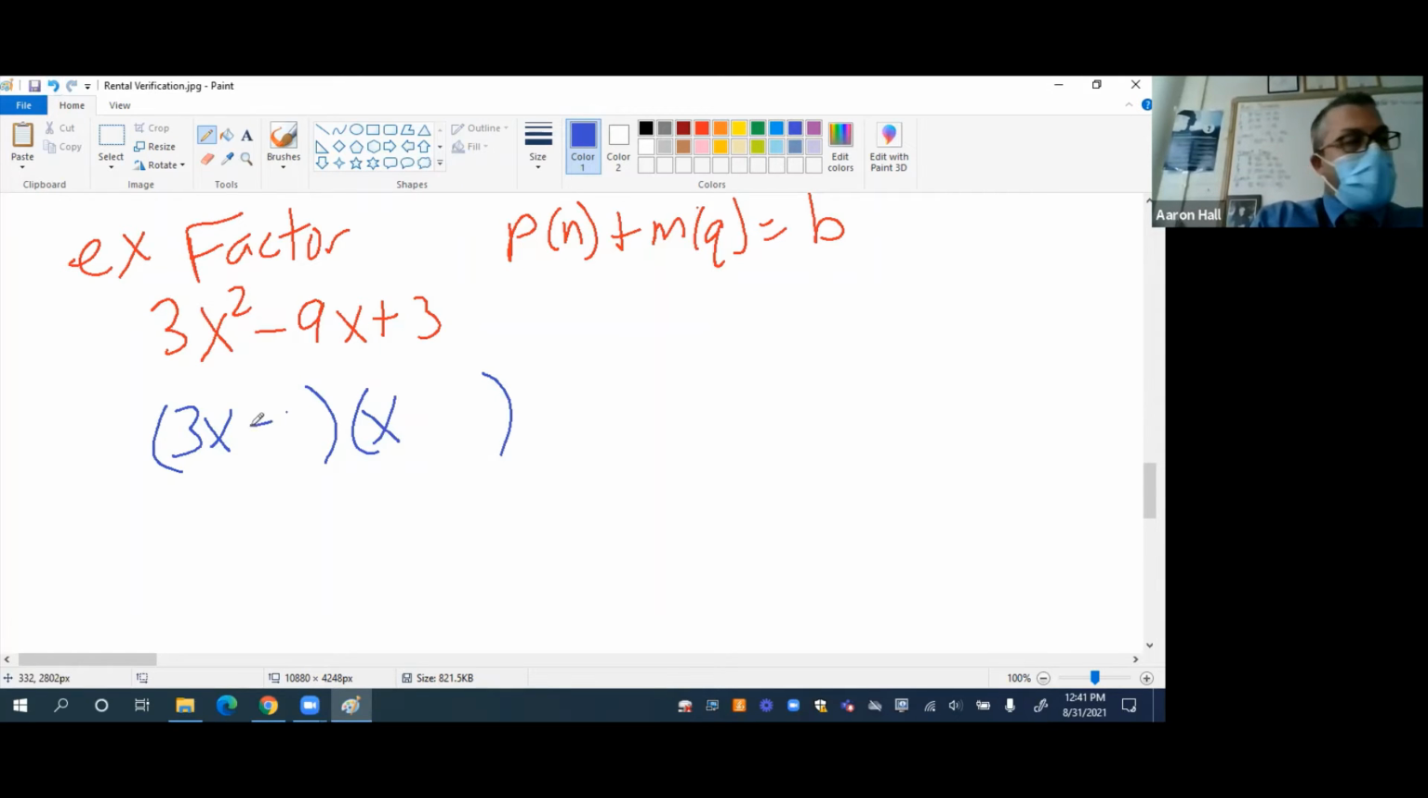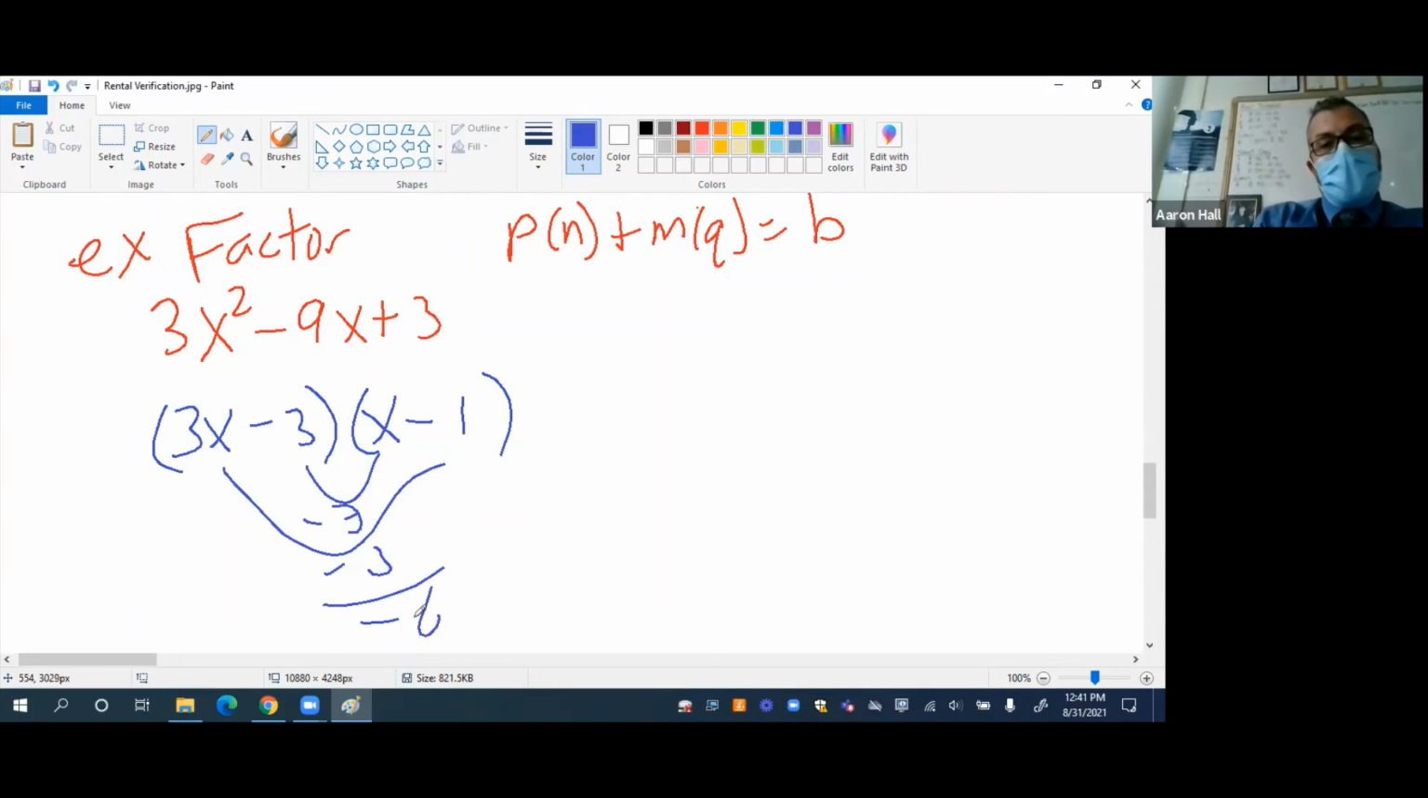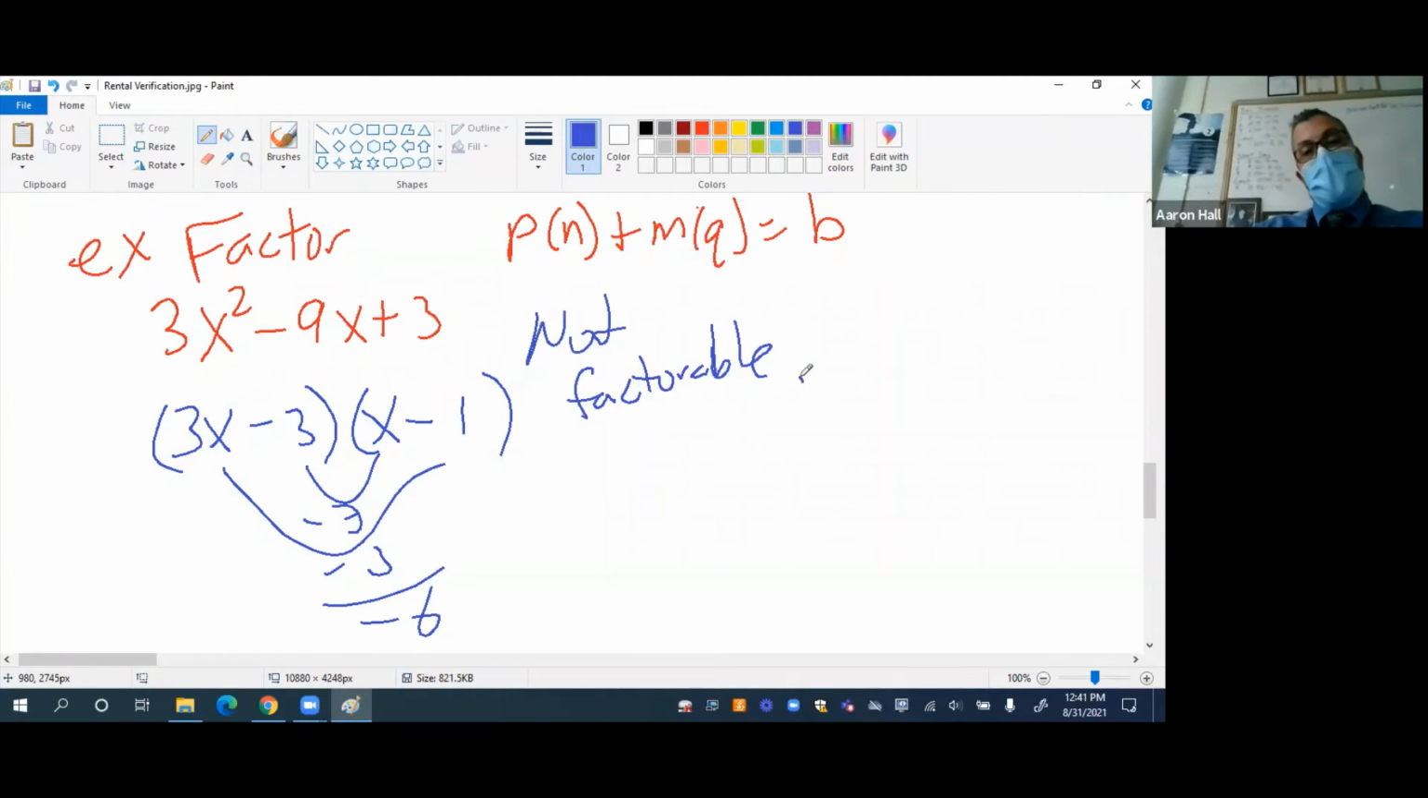So this is -3 and -1. If we look at this and this, it gives us -3 and -3. That gives us a -6. That doesn't work. So it looks like this is not even factorable. Not factorable. So if you wanted to solve for this, say this equals 0,